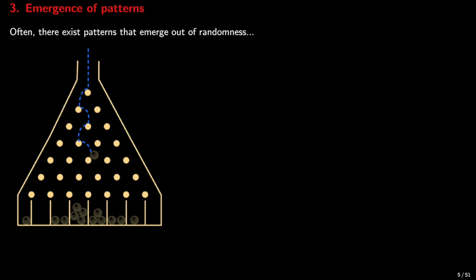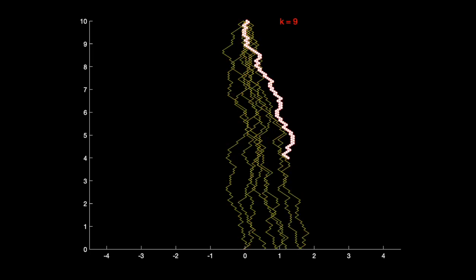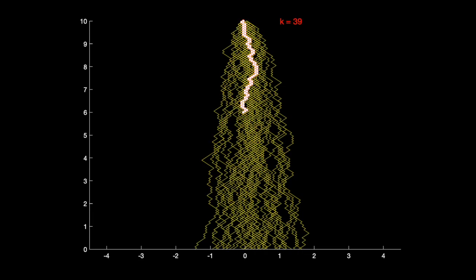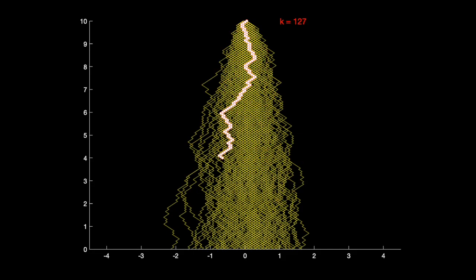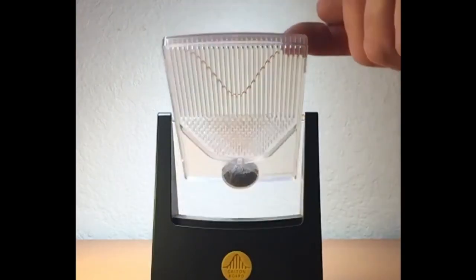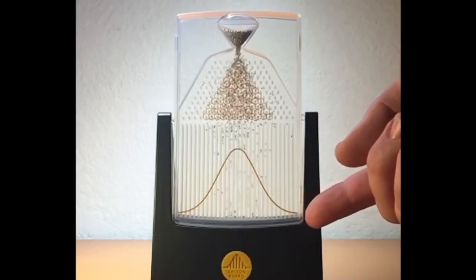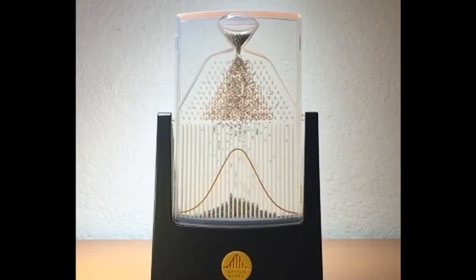There is absolutely no way to predict where exactly it will end, but one thing we can tell for sure is that if we repeat the experiment with multiple beads multiple times, then more beads will be concentrated in the central compartments and significantly fewer as we move away. And if we do the experiment with a large number of beads and with a very tall Galton's board with many layers, we will see that we approximate what is called in statistics the celebrated bell-shaped curve or the normal distribution.